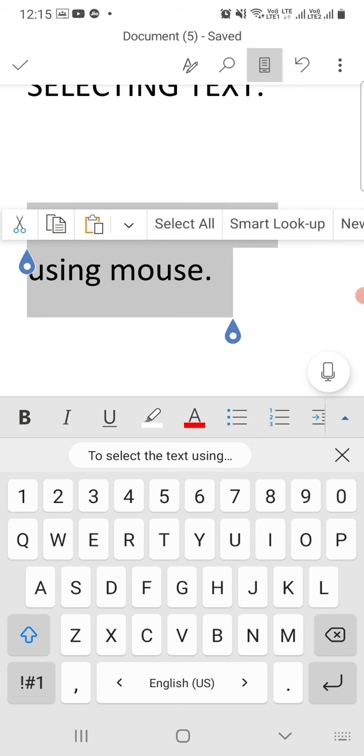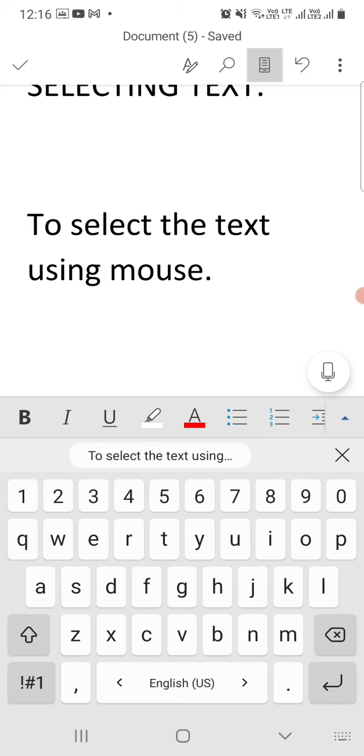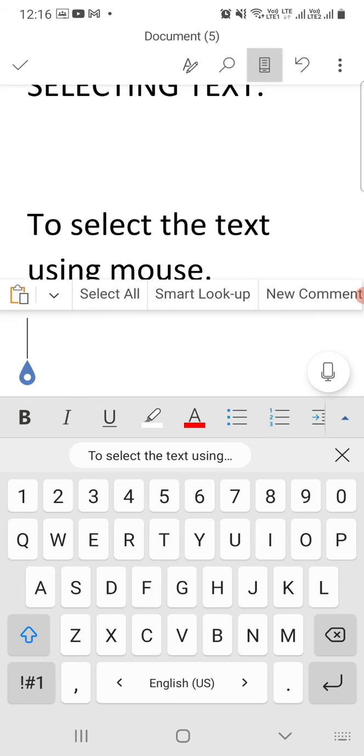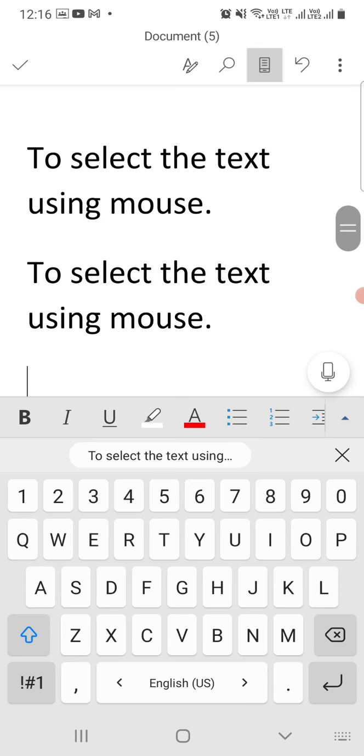Now I have already selected the total sentence, then I am going to use the copy option, and then I am going to use the paste option. Here under this line I am going to use paste option. Now you can see both two lines are there, that is copy, we have pasted the text, that is a copy of the previous text. Okay, that is called copy text.